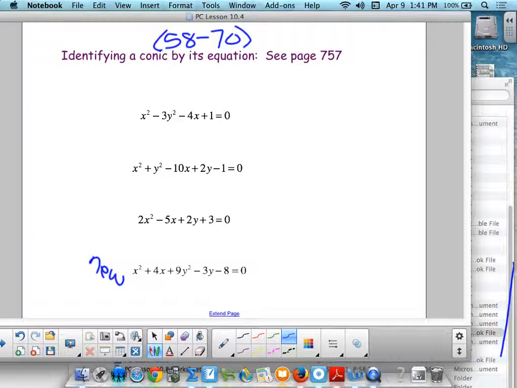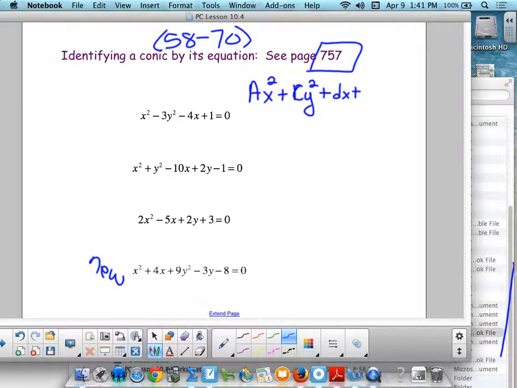Okay, here's the deal. I need you to tell me just by looking at the equation: is it a circle, parabola, ellipse, hyperbola? Just by looking at the equation. Well, it says identify a conic by its equation. See page 757. If you want to go to page 757 and read about it, this is what it says. If you have an equation where you have x squareds and y squareds,